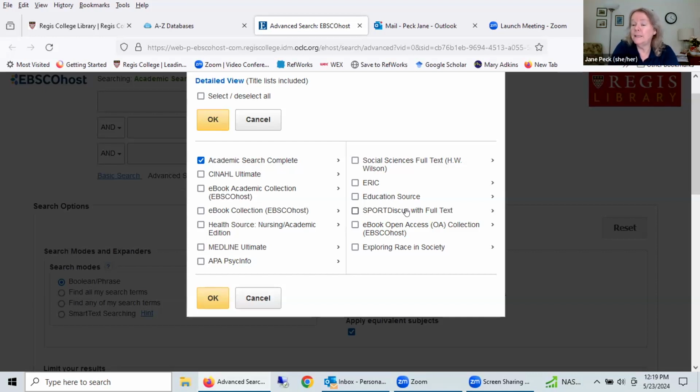ERIC is the government database. It's similar to PubMed, which will be searched when you search CINAHL Ultimate and Academic Search Complete. It's a little bit antiquated to use, so you do need to be patient with it, but it does bring up some good results. So we'll check a few of these just to give you a selection. HealthSource, and we'll do social science,